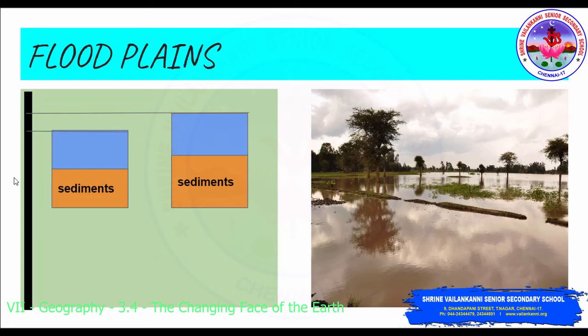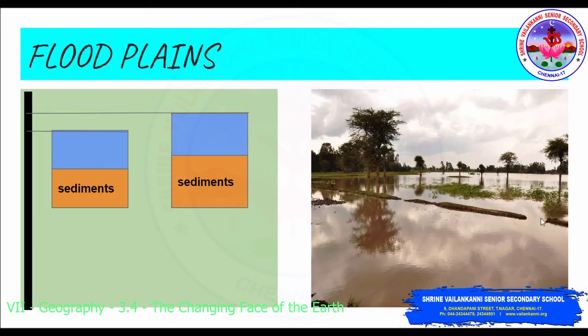As the river is flowing in the lower course, it is very slow, right? We saw it in the previous chapter, it refers to the old age. So it is a very slow moving course and it is unable to carry the heavy load, so it is depositing. Now the sediment level is also increased and naturally the water level also increases up to the bank of the river. In times of heavy rain, it is up to the level of the river bank, and due to the heavy rain, the river may rise still further and it just overflows its banks, flooding the nearby plains.